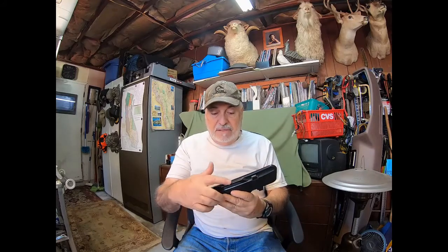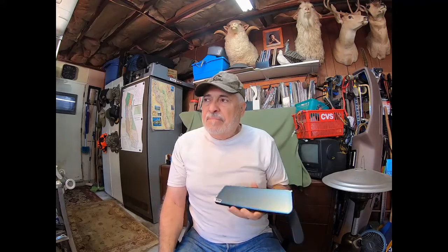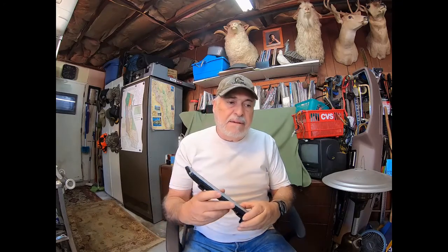It's got a button underneath to turn on, and it has a nice menu. I just saw the videos, so I went to the computer and I did some reviews on this, and a lot of people that have them say very good things about it. So I'm not gonna send it back. I'm gonna keep it and install the camera